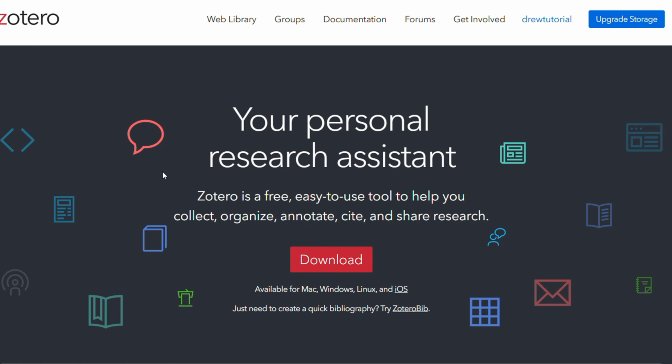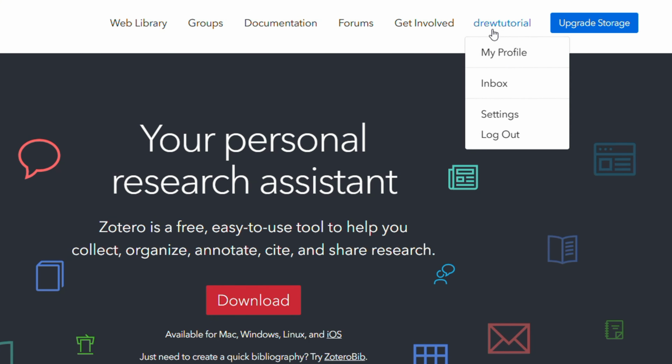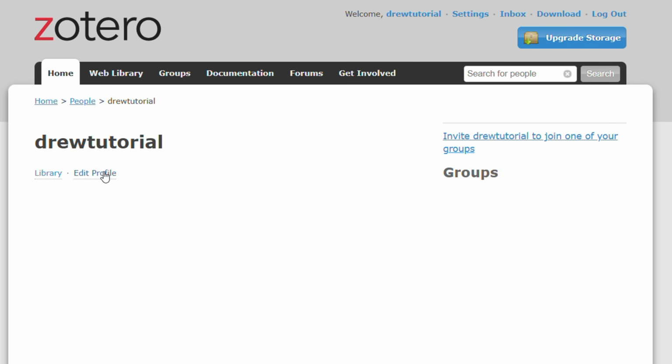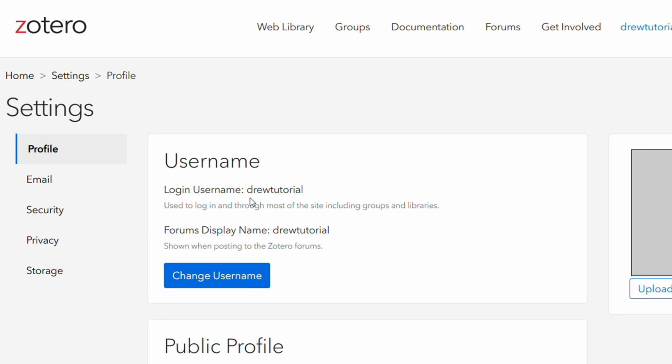So you want to go ahead and head over to the Zotero website and sign into your account. Then at the top right you will find your username. You can click on that and it's going to show you a little drop down where you can visit your profile. So you want to click on that, then click on edit profile, and on the profile section you will